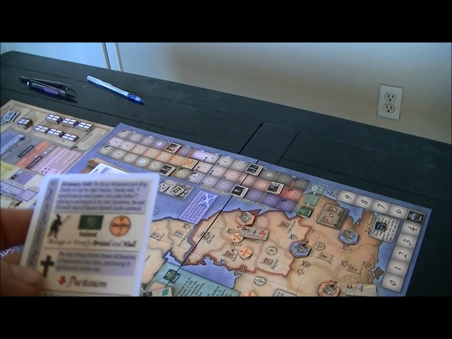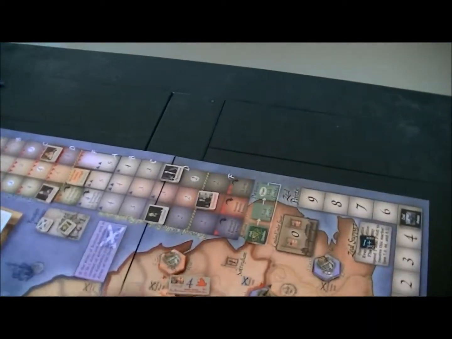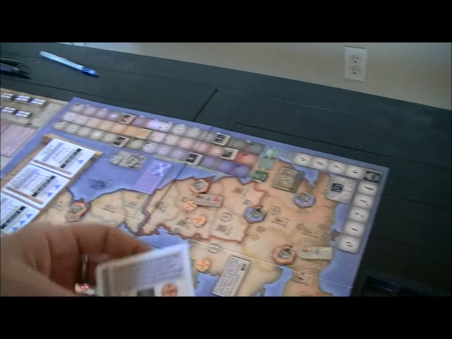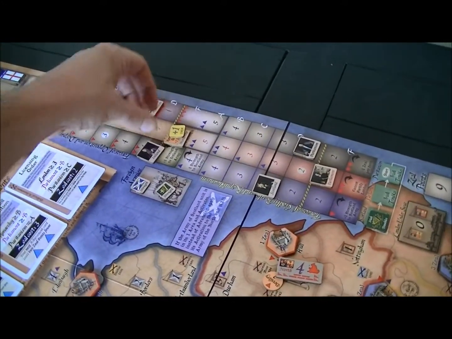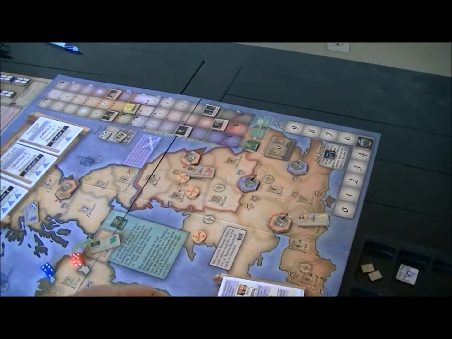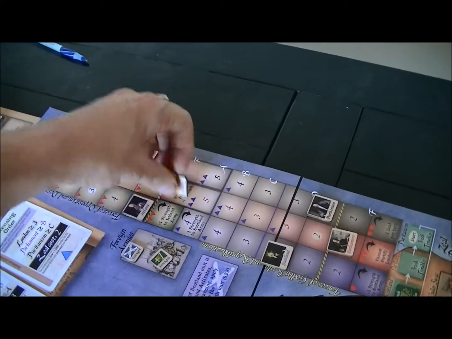The trial throws all branches of Anglicanism into chaos. Puritanism goes down another one. And then monarchy, we get a +1 against. Yeah. I'd like to take advantage of that. Who knows if we're going to get the points to do it. And then we have a political reaction. Yay! Political reaction is monarchy and parliament, both going up